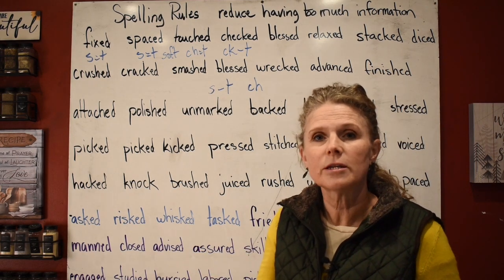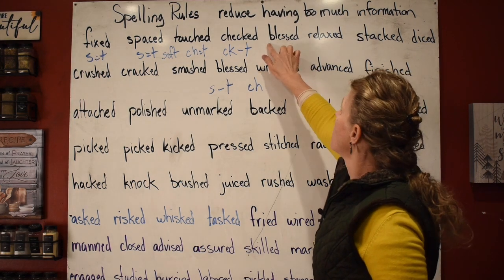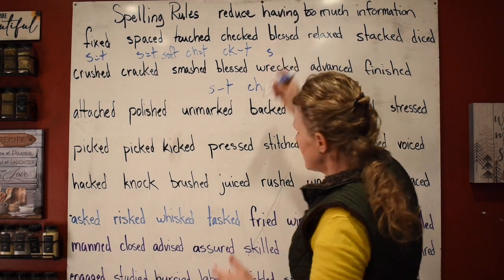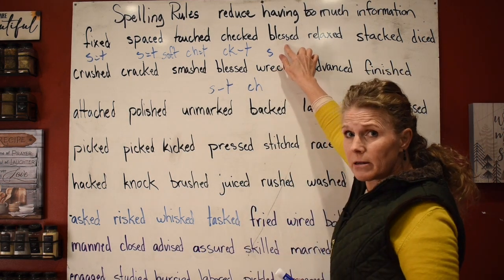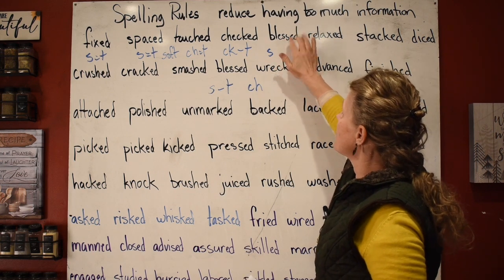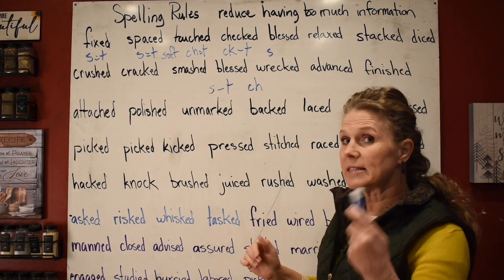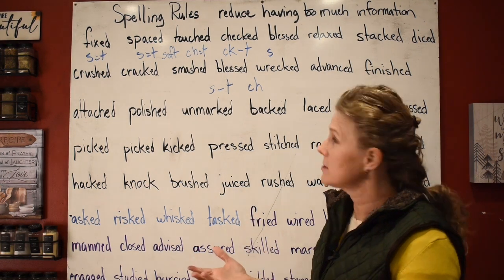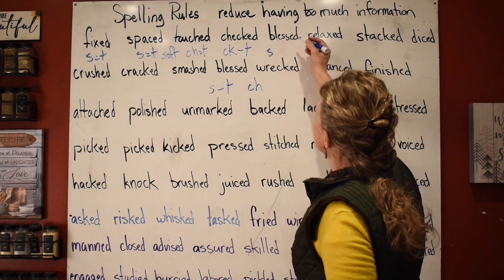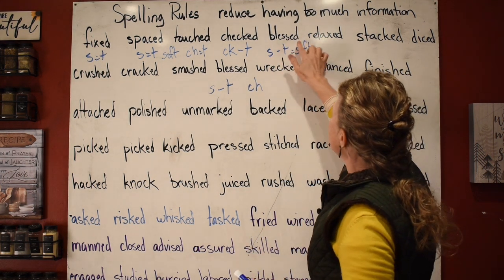It looks like that, but don't do it. Your base word is bless, blessed. So see how we have the s sound. Now if you're going to see a double s here, you know it's going to say this sound. At the end of a word, if the suffix is added on, it's going to say the s sound. If you have a single s, that's where you're going to have tricky moments. Or if you have an se, it will be tricky moments. That's the t sound. It equals the soft sound. Blessed,